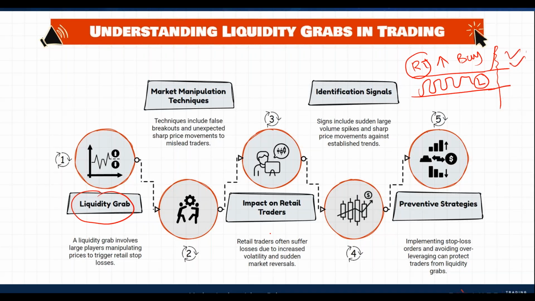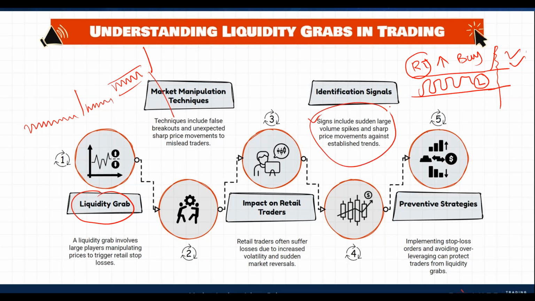Okay, so now what are the identification signals? I've already explained over here. Signals include, okay, sudden large volume spikes. If you have a view of what volume is, you can see massive volume spikes. Like for example, usually if the volume is this one, you can see big volumes over here like this. Okay, so if you have a massive volume spike, or massive price movements. If your price is in a range and then it suddenly shoots towards the upside or downside, then this is how you can understand this thing is happening. Okay, so this is the way how you can identify it. I'll explain you in the other slides as well.